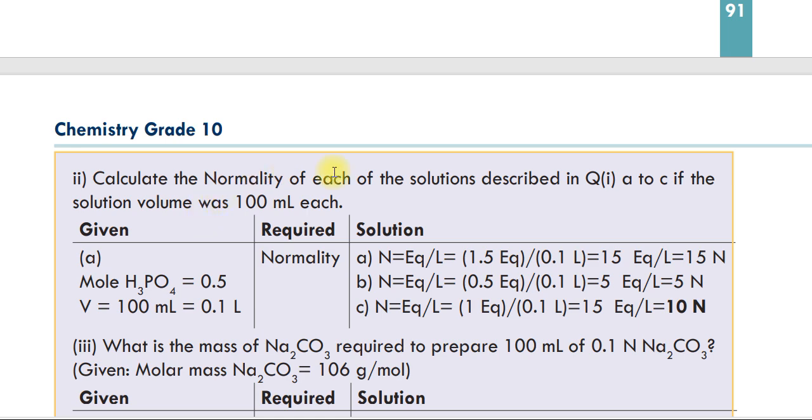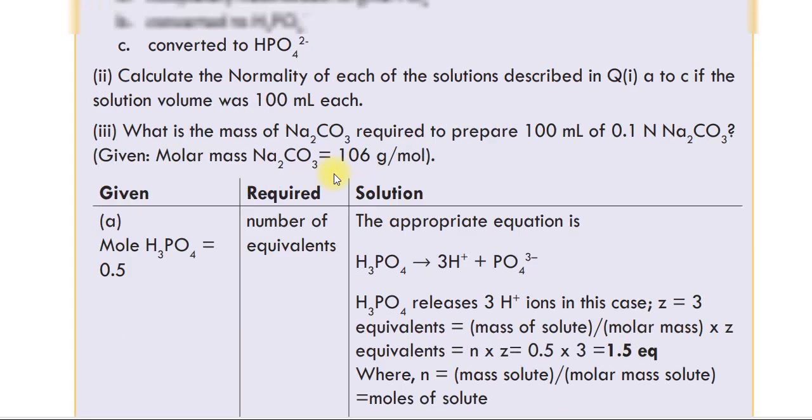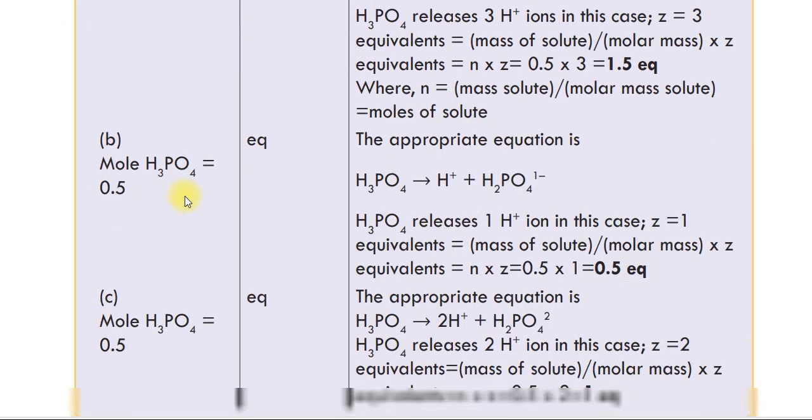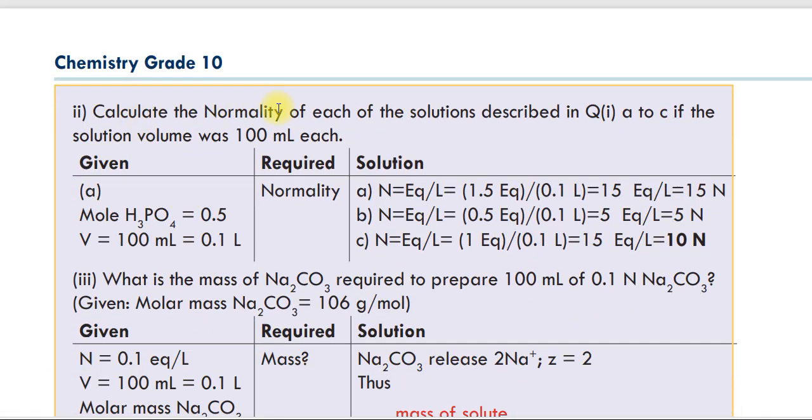ሁለተኛ አልጨረስንም፣ የዚህኛው ጥያቄ ፓርት 2 አለ። Calculate the normality of each of the solutions described in question 1 A to C if the solution by volume was 100 milliliter each ነው የሚለው። Given A ላይ ሞሉ 0.5 ነው፣ ቮሊዩሙ 100 ሚሊ ሊትር ተብሏል፣ ማለትም 0.1 ሊትር።